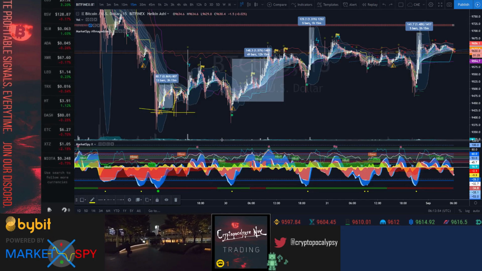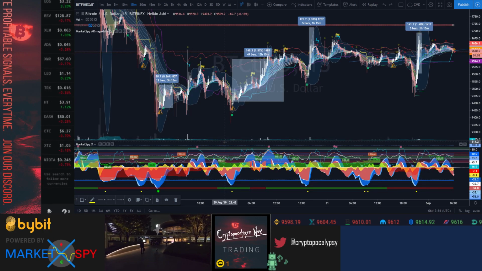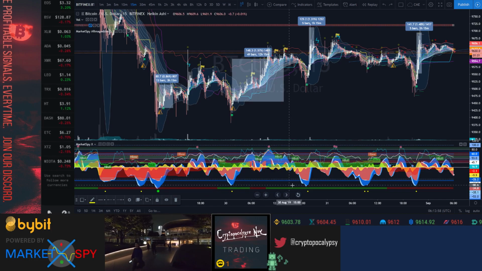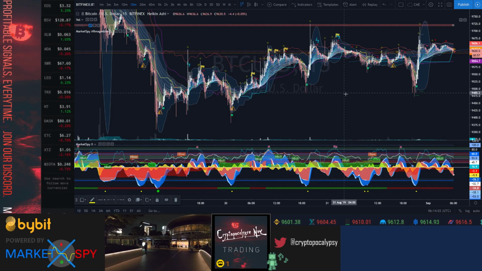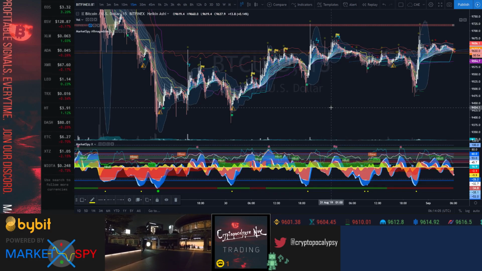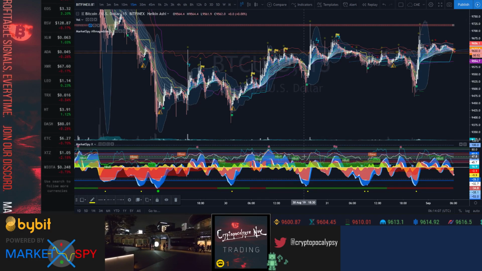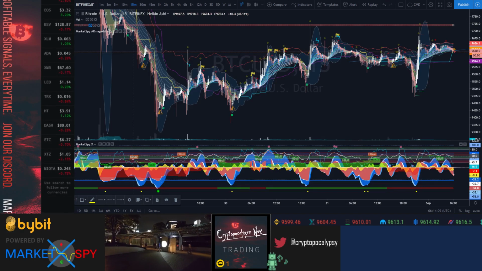So that's your scalping 101. This is pretty much the only way you can do it. And yes, there is momentum. It's just that it's not as strong. You will not see power moves like we see in an uptrend or major downtrend. But look at this. Every time. That's a 15-minute solid